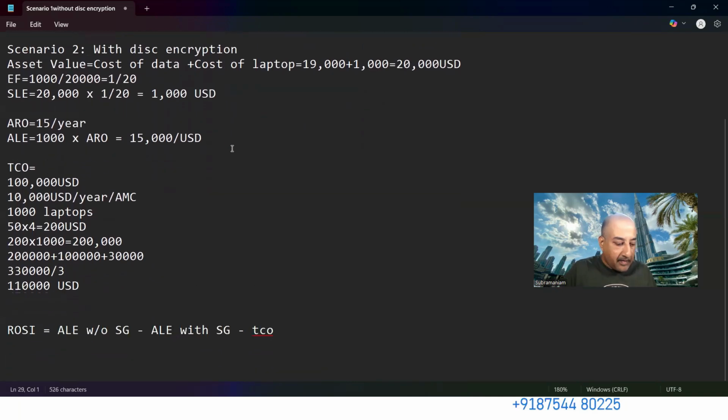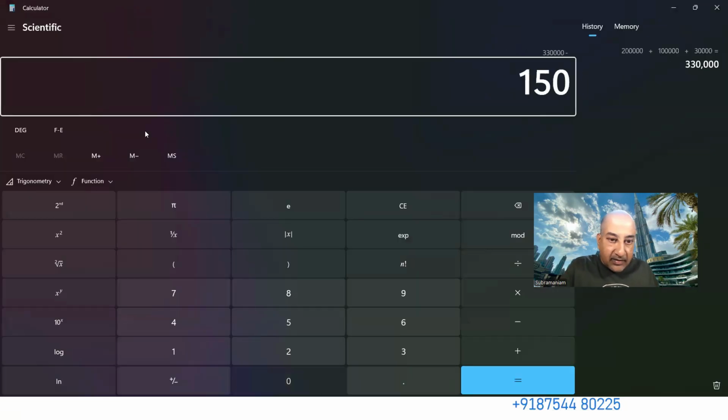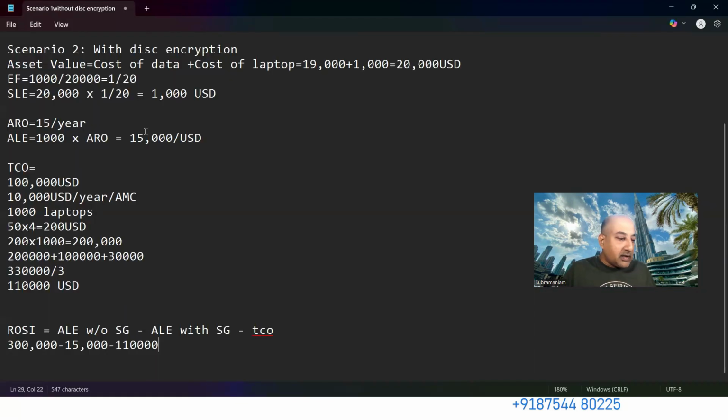So 300,000 minus 15,000 minus 110,000. So the return on the security investment is 205,000. Ideally for any company, whenever you are deploying a security control, you should make a calculation like this